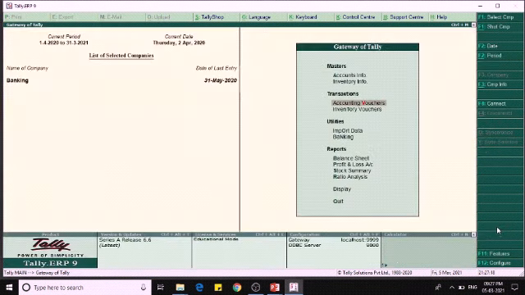So after creating the receipt voucher, for printing the check deposit slip, we have to go to banking.